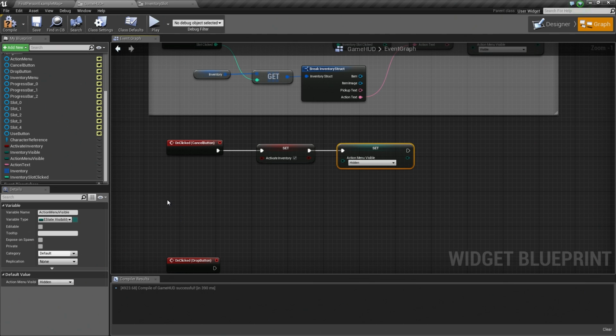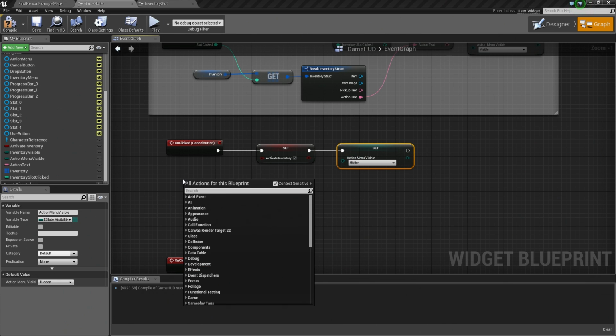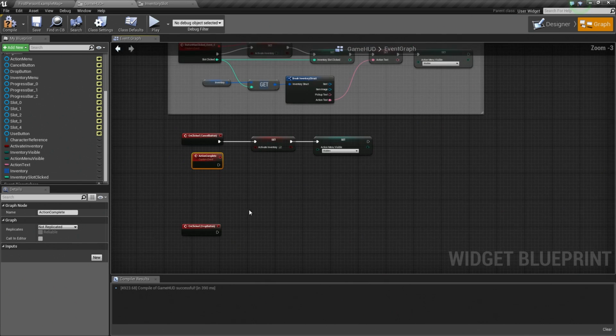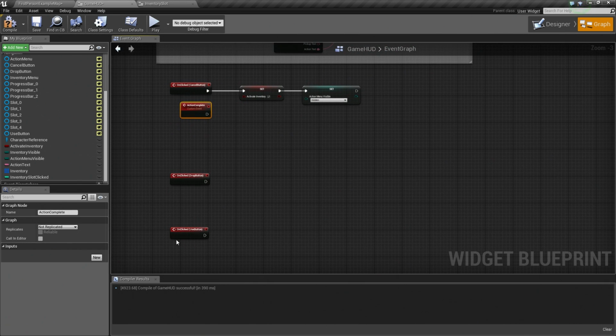Last thing that we're going to do for our cancel button, we're going to right-click, create a custom event. And this custom event is going to be called Action Complete. Now this custom event is going to be handy in that whenever we do our drop functionality and our use functionality, we're still going to want to activate our inventory menu, and we're still going to want to set our action menu to hidden.